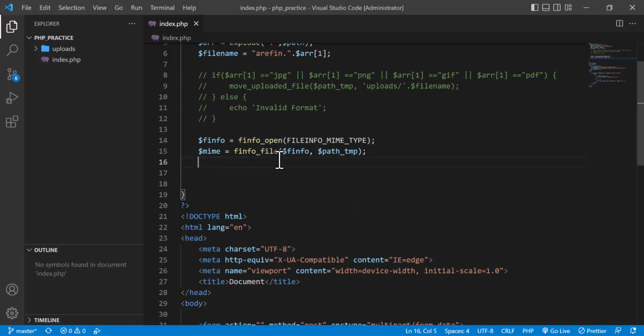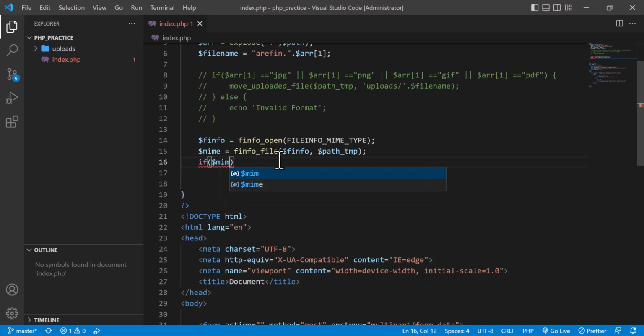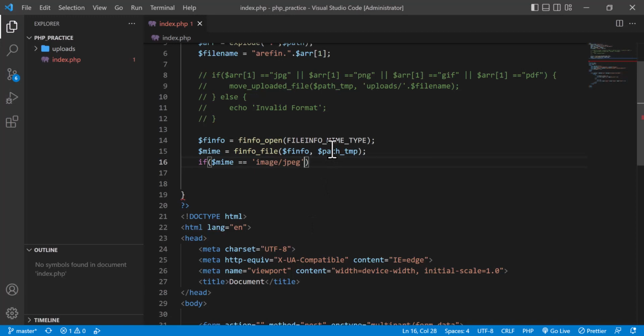Here I will check if mime equals this one, I am going to copy it from here, image/jpeg. If mime equals this one or mime equals png,